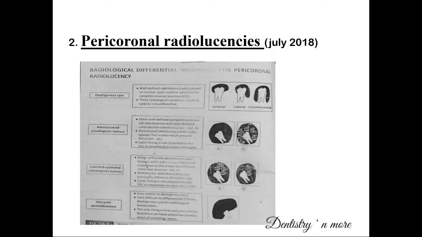In that, the conditions that come under this are pericoronal abscess, then the follicular cyst, then dentigerous cyst, then AOT, calcifying epithelial odontogenic tumor, and also the ameloblastoma. So in each of these lesions, you should describe where you see this, how is the periphery, how is the extent of the lesion, as well as the internal structure in each of these conditions. So you can describe each of these lesions, such as the pericoronal abscess, the follicular cyst, dentigerous cyst, AOT, calcifying epithelial odontogenic tumor, as well as the ameloblastoma.